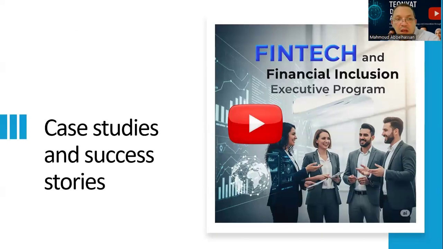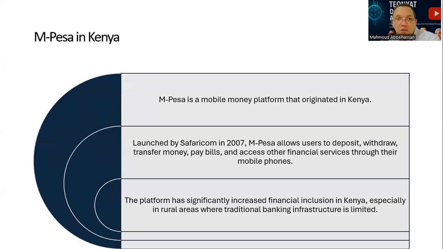We will demonstrate now some case studies and success stories, such as M-Pesa in Kenya, which is a mobile money platform that originated in Kenya, launched in 2007, that allows users to deposit, withdraw, transfer money, pay bills, and access other financial services through their mobile phones. This platform has had a significant increase in financial inclusion in Kenya, especially in rural areas where traditional banking infrastructure